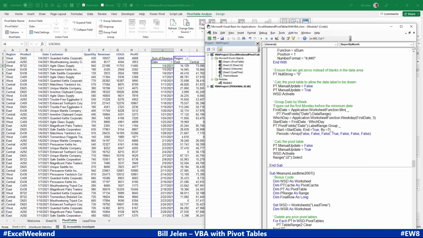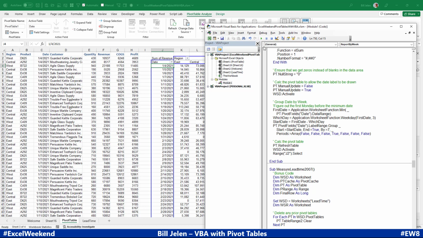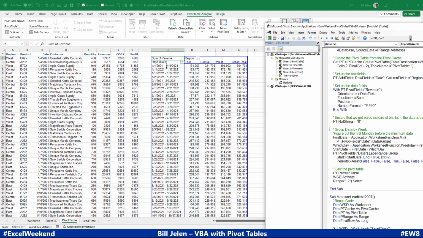And then the by argument is rolling up to 7-day periods. We're also setting the start to be equal to that Monday that we calculated. That way, each row will run Monday through Sunday. We'll run this one. And you see that we now end up with weekly periods running Monday through Sunday, rolled